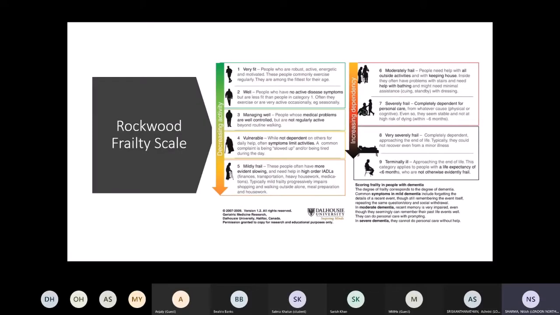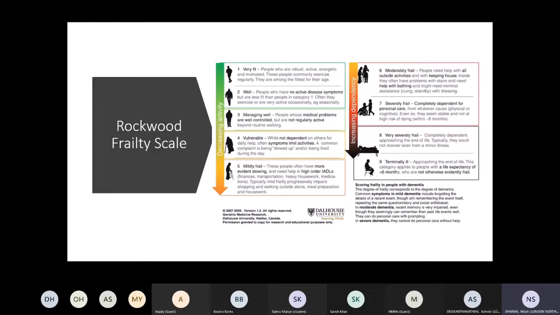This is the clinical frailty scale, which we usually use to see how much the patient scores, and then make decisions regarding what should be our ceiling of care, or our escalation plan for the patient. Starting from the bottom, terminally ill patients would score 9, which means they have less than 6 months of life expectancy. Very severely frail would be patients who are completely dependent and approaching the end of life.